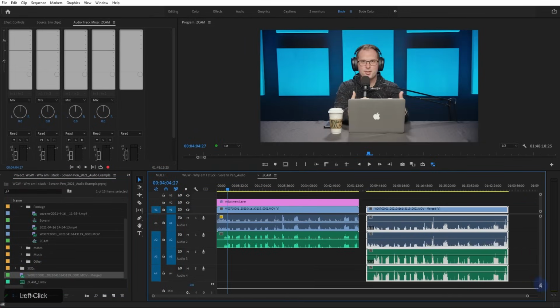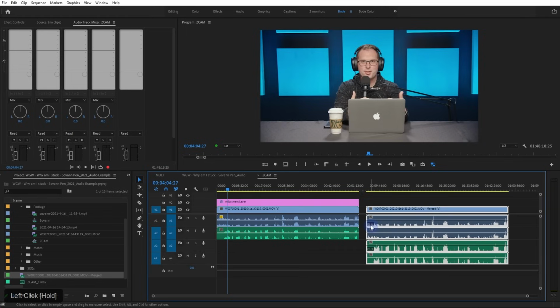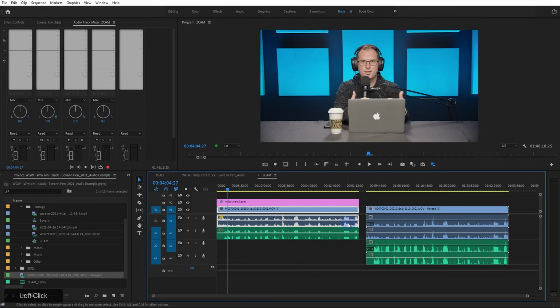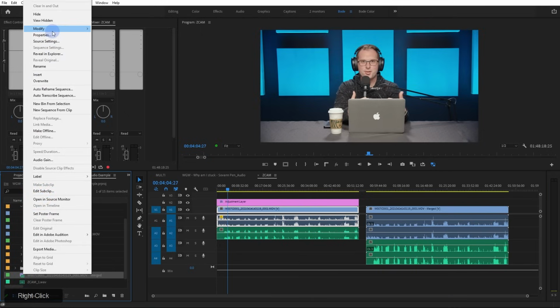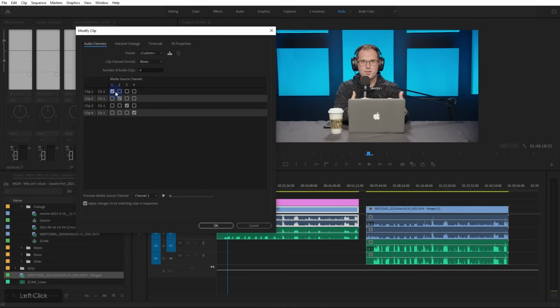And you can see what that has done to the audio files. For some reason, and I don't fully understand why, but it's not a big deal, it takes this stereo audio file and this stereo audio file and splits them into 4 mono files. What you can do is come over here, right-click on your merged file in the project panel, go up to Modify and then Audio Channels, and then what I might do in this instance is just deselect everything